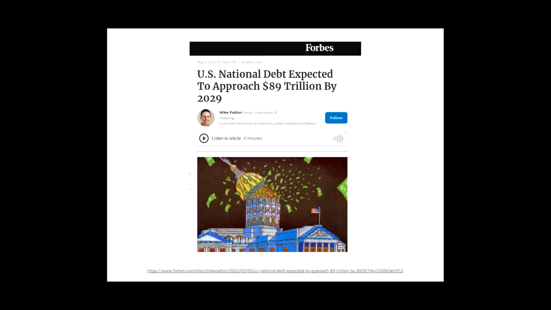Another way to see this is that the national debt is expected to approach $89 trillion by 2029. So this thing is exploding. We saw that in some of the graphs with the red lines kind of jumping off the charts. We also know that past debt is only a small part of what we can project out into the future, and we know how much money is going to be spent, how much is mandatory, how much should be coming in. So in a very short period of time, we could be tripling this already big number.